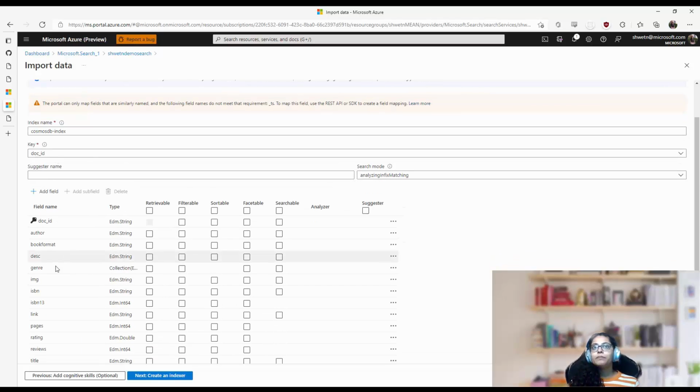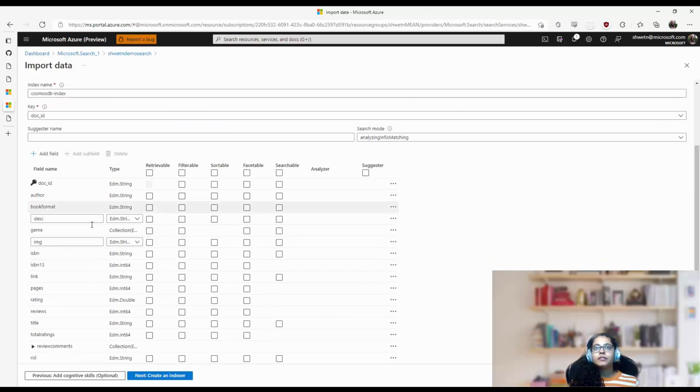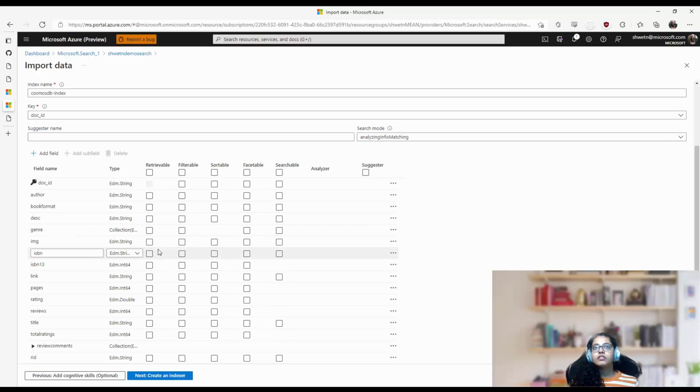It has automatically pulled the field names from my source collection. Now I'm going to choose the search attributes that I want in my search index. So I'll start with removing the fields that I do not need, starting with these.